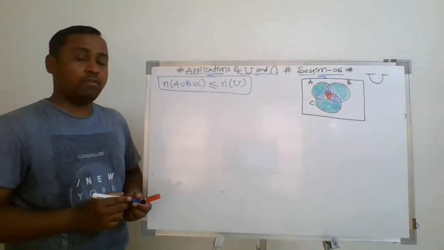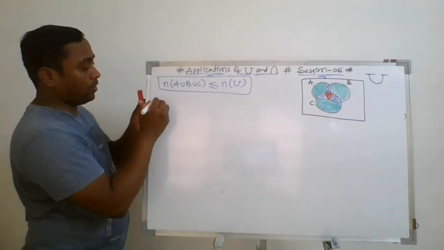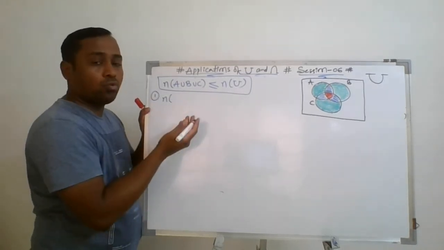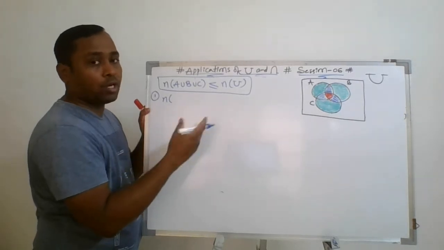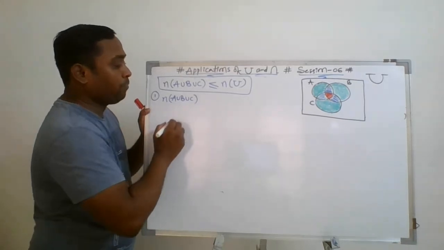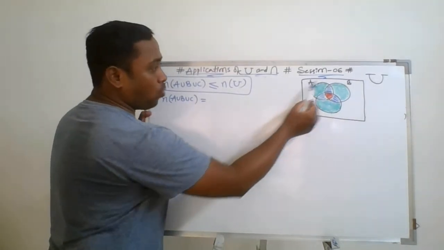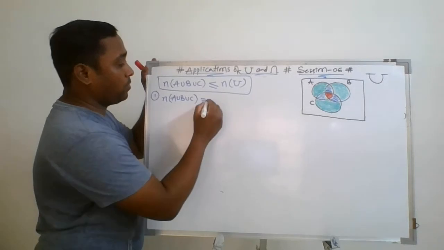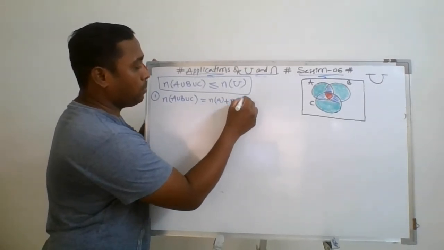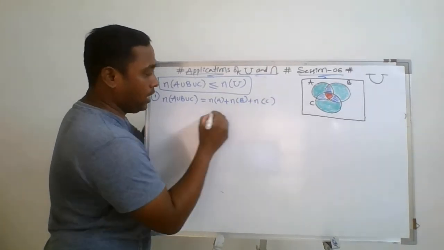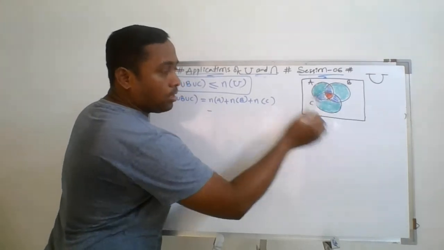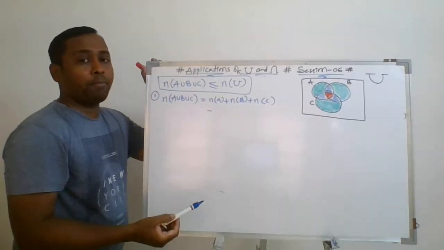Now we are going to develop the formulas here one after the other. The first and most general formula, just like in two sets we have discussed, in the same way we are going to discuss in three sets. A union B union C means how we can get this total area in various forms. First I am adding all the three circles, number of A plus number of B plus number of C minus. See, when I am adding all the three circles randomly, some portions are repeatedly added.